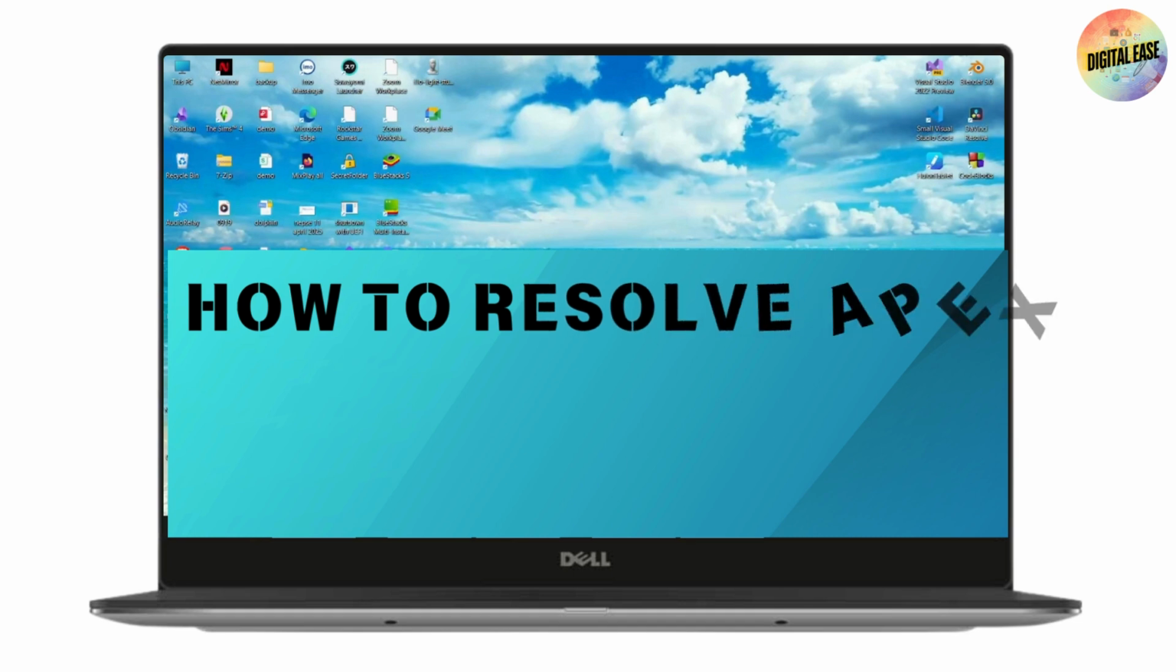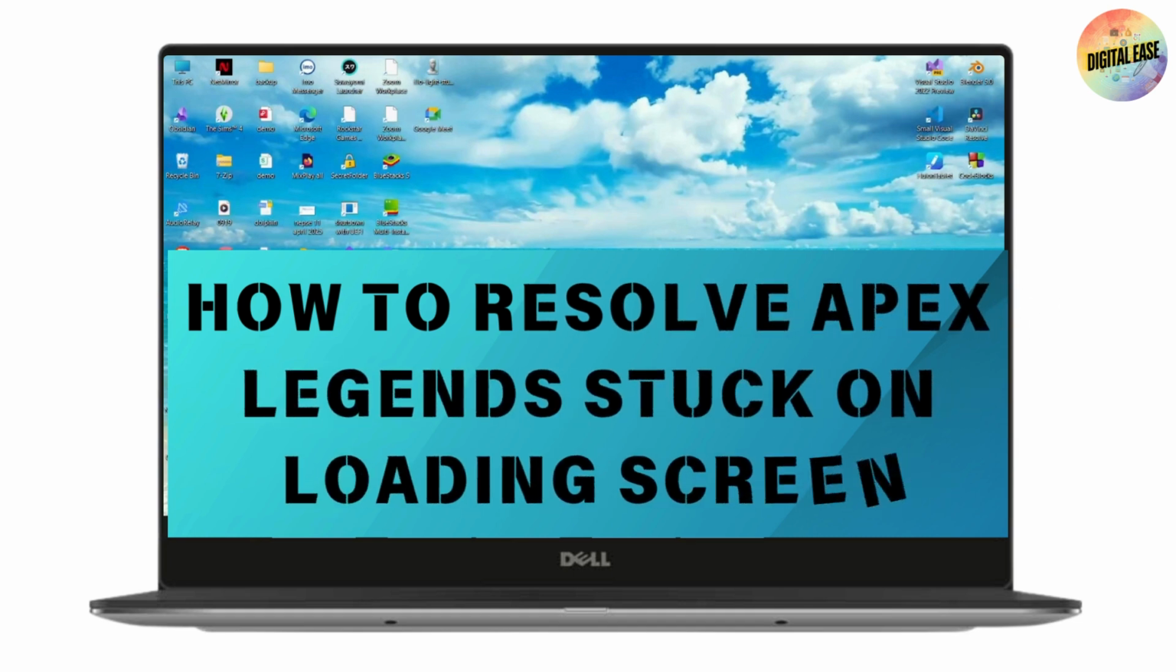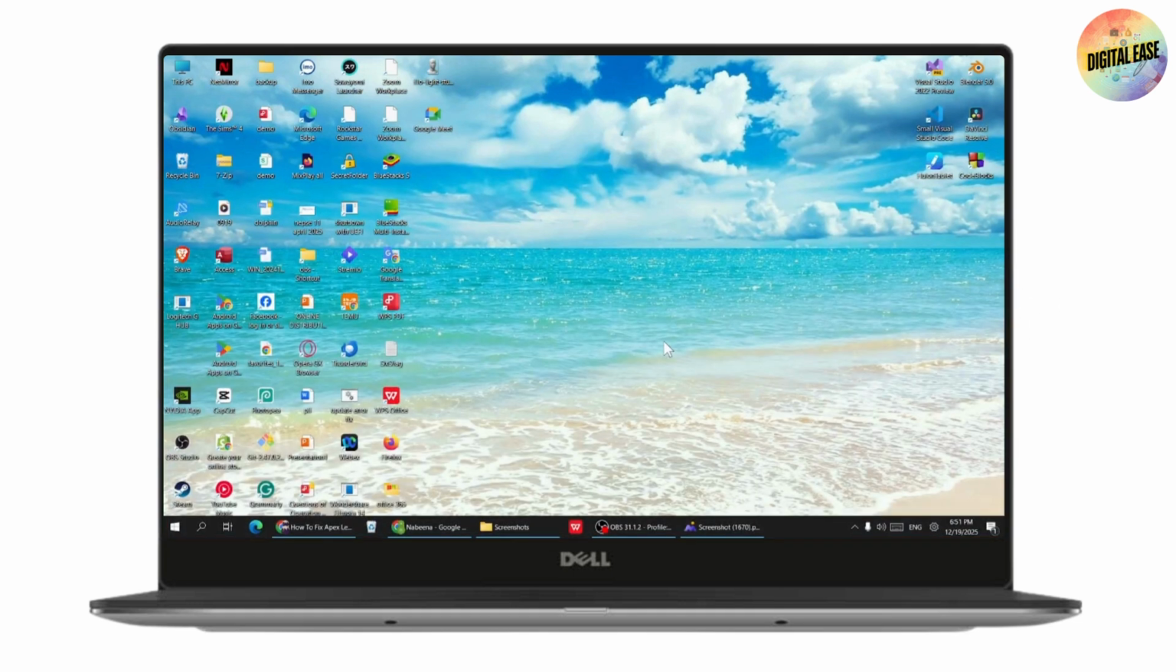How to resolve Apex Legends stuck on loading screen. If you want to resolve Apex Legends stuck on loading screen, then what you need to do is first